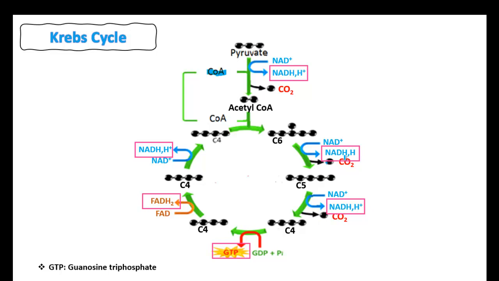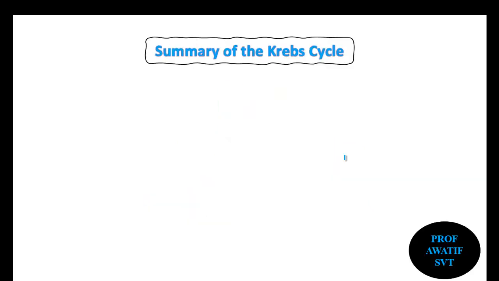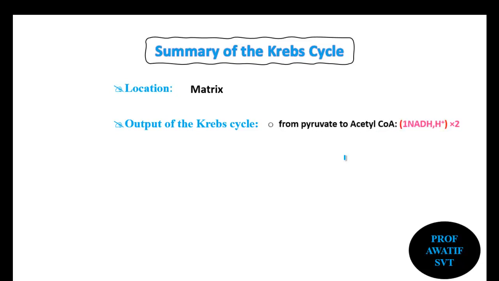So now let's summarize all what you should put in mind for the Krebs cycle reactions. The first thing you should put in mind is the location of these reactions, and they happen in the matrix of the mitochondria. The second thing is the output of the Krebs cycle, what we got from the Krebs cycle. So as we saw, we have the preparation step that is from pyruvate to acetyl coenzyme A, so we made